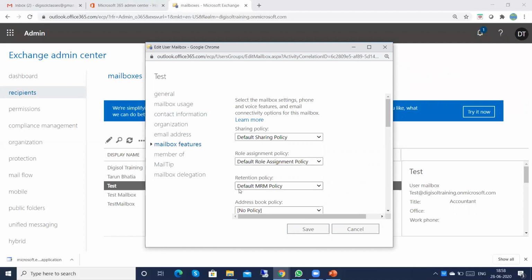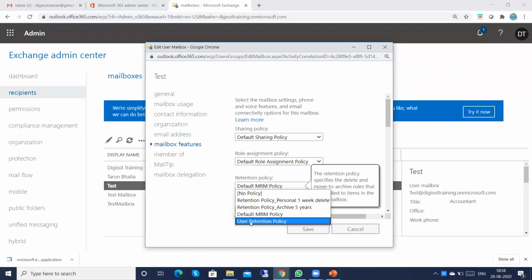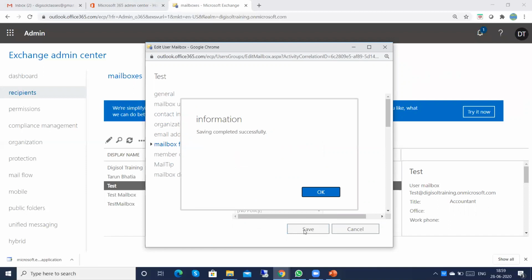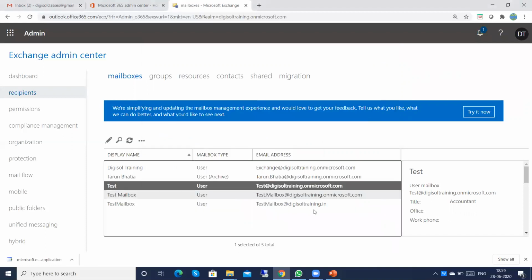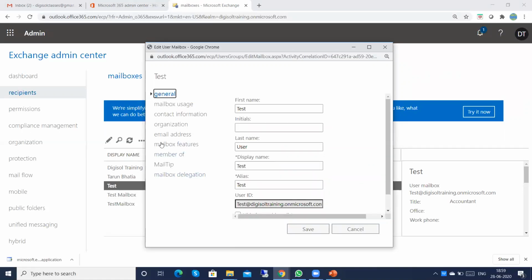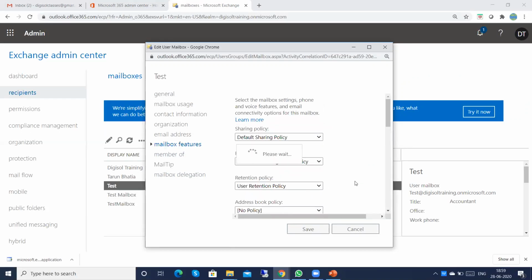Already the default is assigned. If you like, you can change it to the user retention policy, right? Just click on save. Now check whether it is applied or not. Mailbox features, yeah, it is applied, the user retention policy, right?